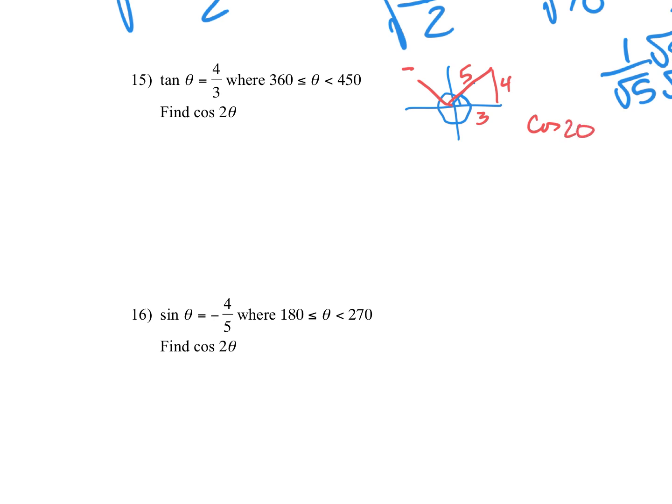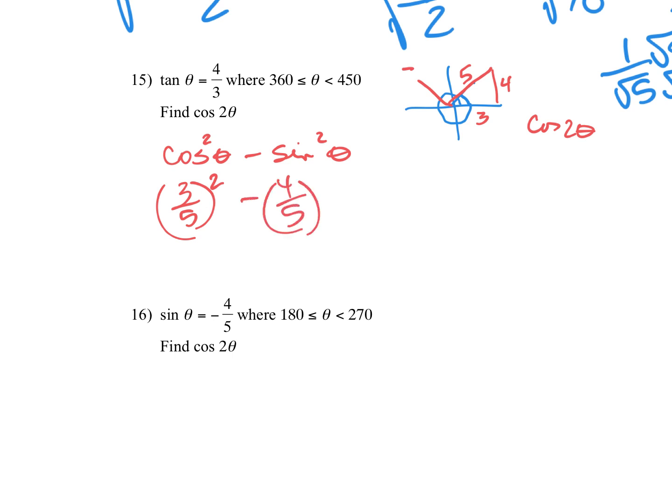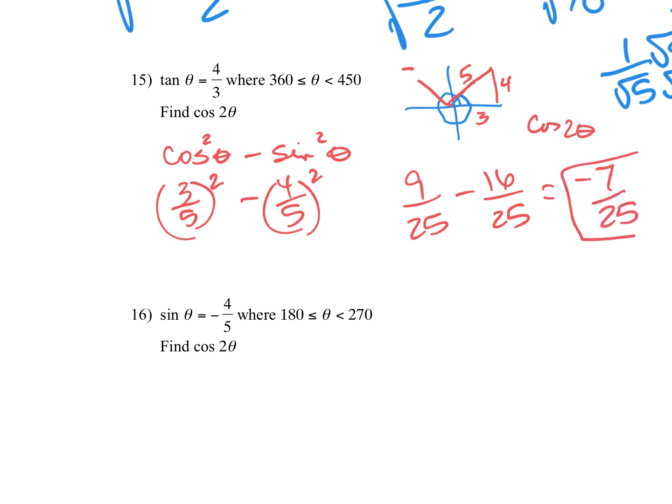cosine of 2 theta, is going to be cosine squared of theta minus sine squared of theta. So the cosine of theta is 3/5 squared minus 4/5 squared, and we get 9/25 minus 16/25, which is negative 7/25, which we know is accurate because it's supposed to be in the second quadrant. This next one is in the fourth quadrant,